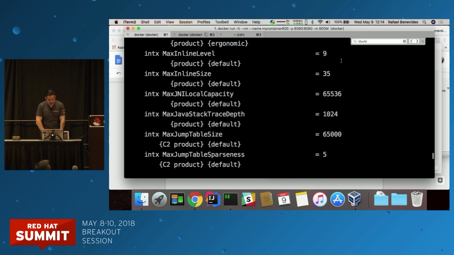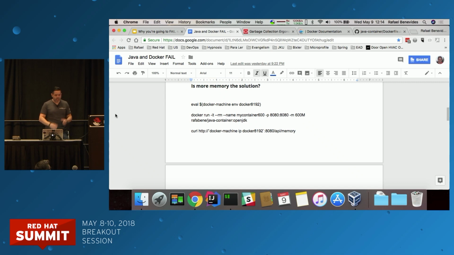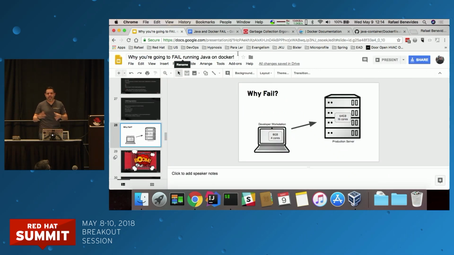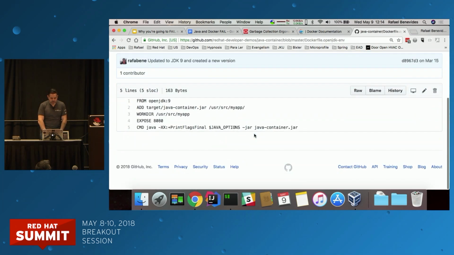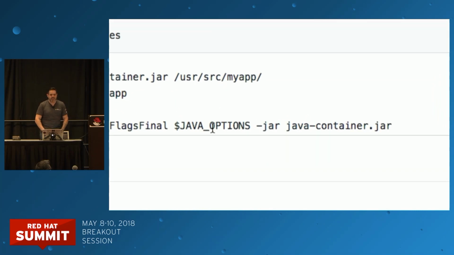So the solution here is very simple. We cannot trust the JVM to decide about the ergonomics, at least the JVM 8 and 9, and adjust the max heap size. So one solution that I implemented, the first solution, was to modify my Dockerfile and place an environment variable called Java options. That way, I can restrict my container, but I can say to the JVM, use this specific parameter for the memory. For example,